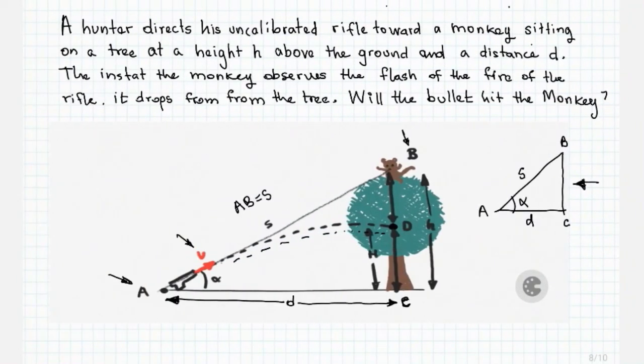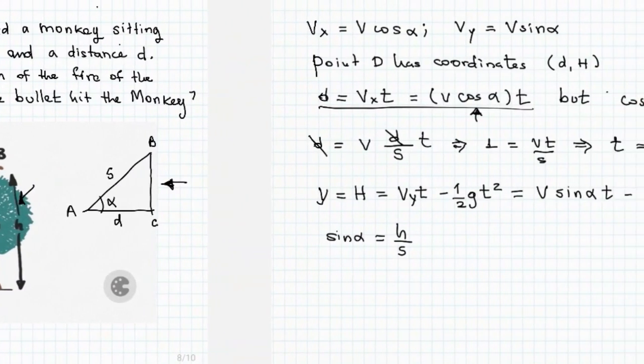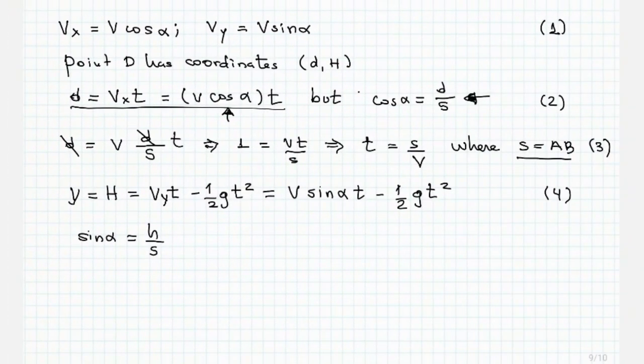It is this distance, right here. From equation 3, we have that the time is equal to s dividing v. All right, then I can write equation number 4 as follows: